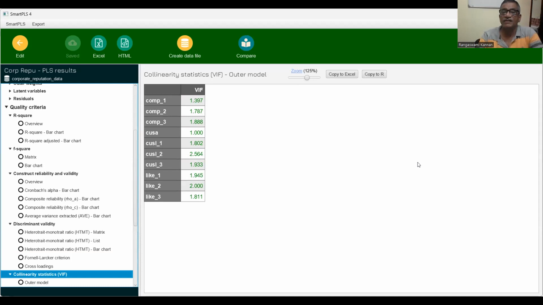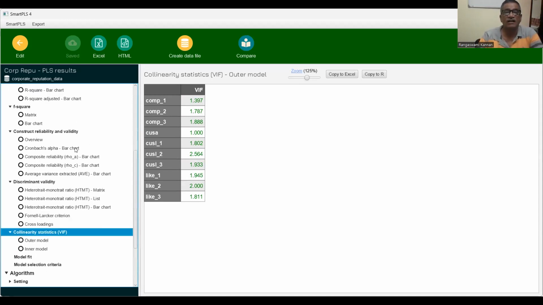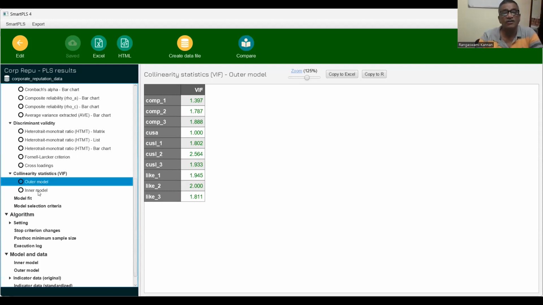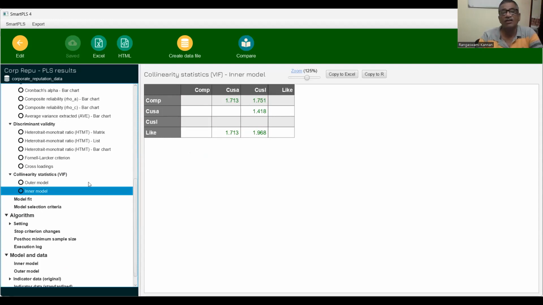3. So if it is less than 3 or less than 5, you can say that the collinearity issues are not there. And this is for the outer model, and for the inner model also, you have all the collinearity values less than 3. So there are no collinearity issues in our model. So that is with respect to